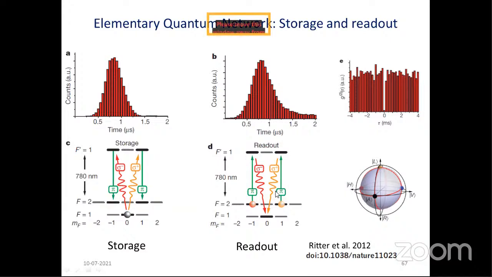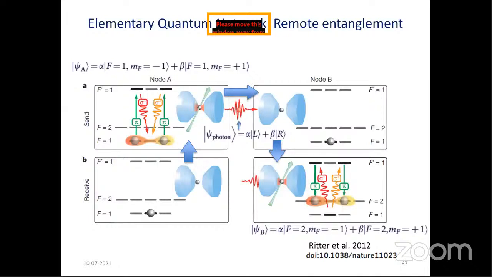And then to read out, you come with this pi. The pi and sigmas are the polarization states. Pi is linearly polarized. Sigmas are circularly polarized, either left or right. Then this is a scheme for what I told you earlier. So this is at node A, this is at node B, and by using this pi light, which is the pump, you create a superposition of these two ground states, for example.